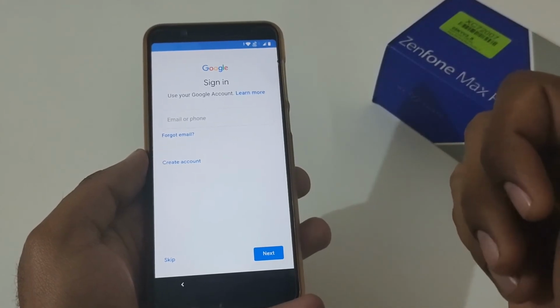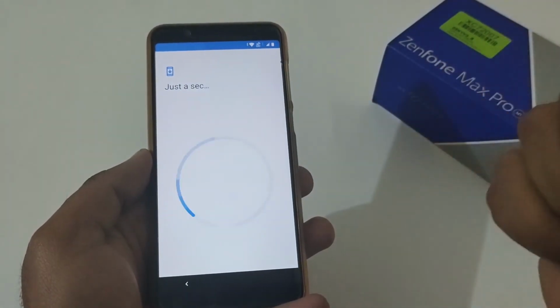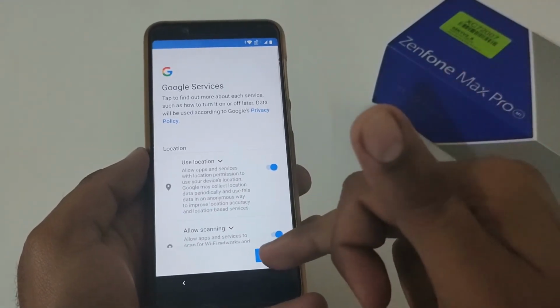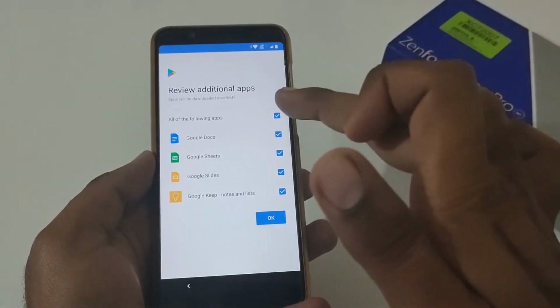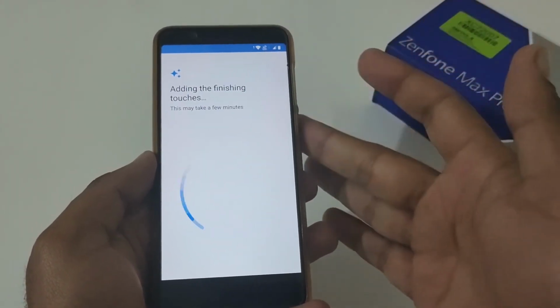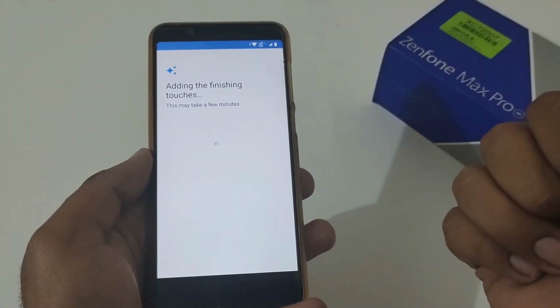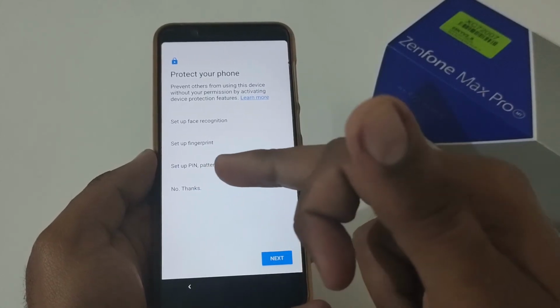Like it is asking, do you want to set a Google account as of now? So at this moment, I'm just going to skip it and we'll move to the next step because we want to wrap up this video as soon as possible. So a few Google related settings. And again, I'm not going to install this. If you want, you can select it, and once you are signing up for the Google Play Store, after completing this setup process, it will initiate the downloading process.